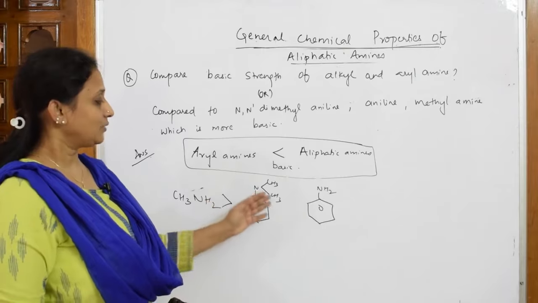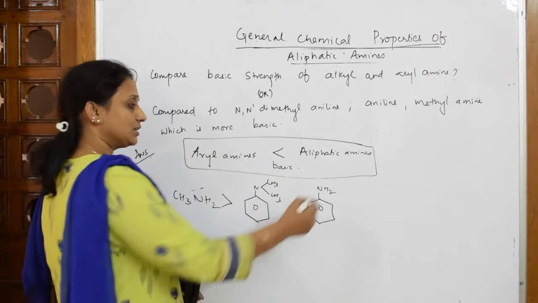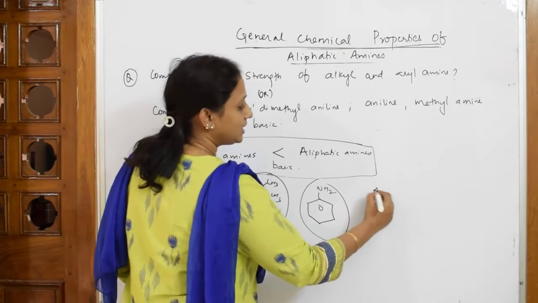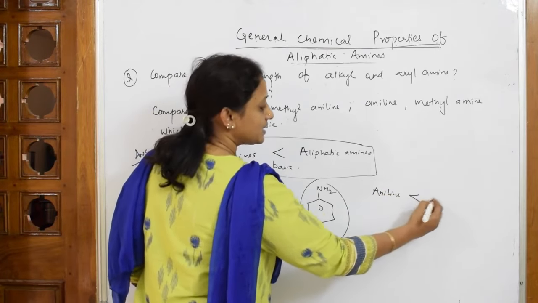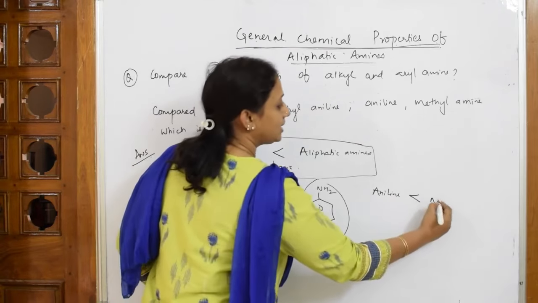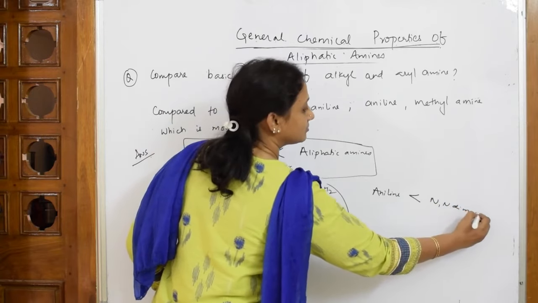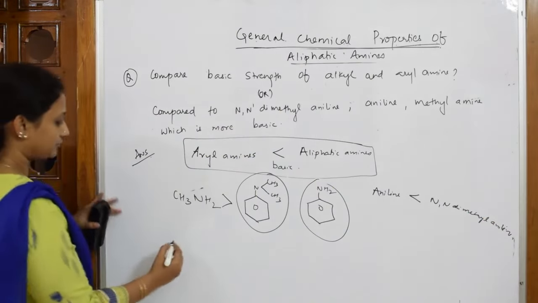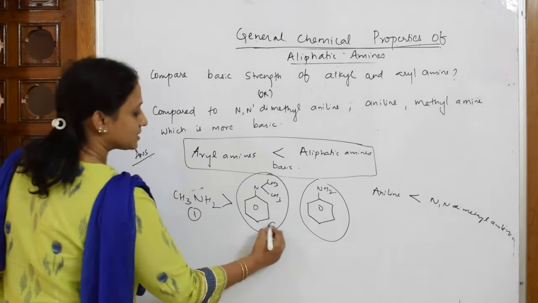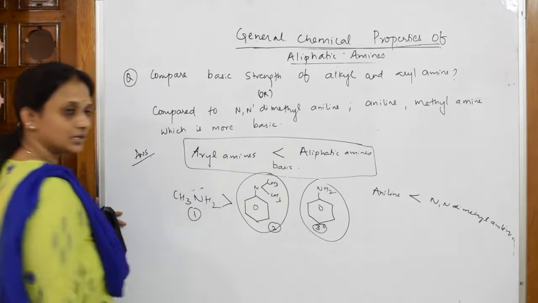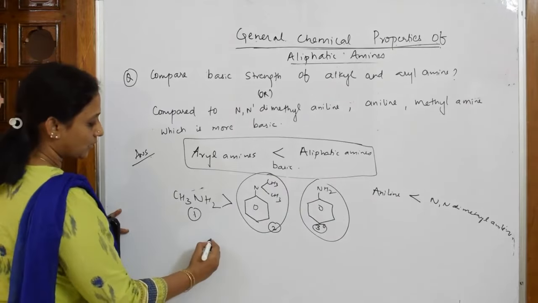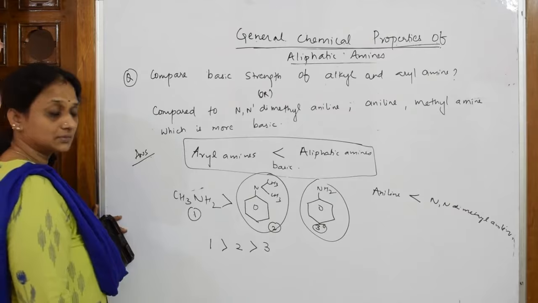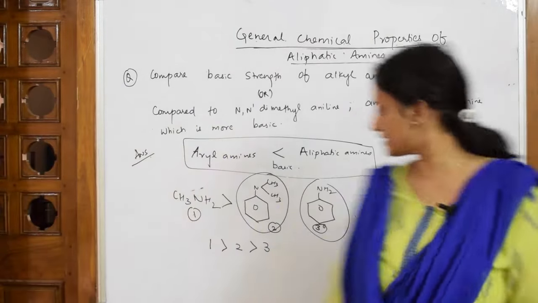What am I trying to say? When I have to compare between this compound and this compound, I see aniline is less basic than N,N-dimethyl aniline. That means if I have to write the order, first, let us number this as 1, this as 2, this as 3. So I'm writing in the increasing order. 1 greater than 2 greater than 3. Let us write the reason now. Reason is, now